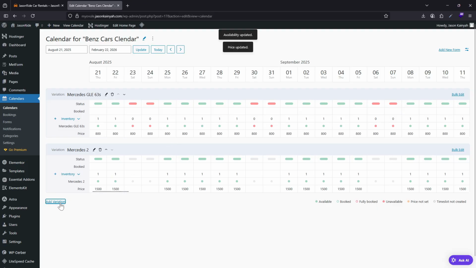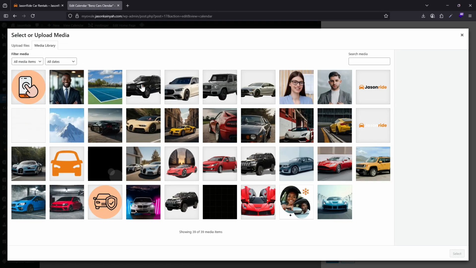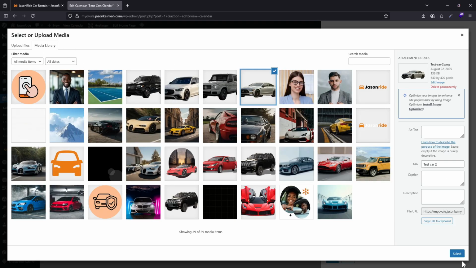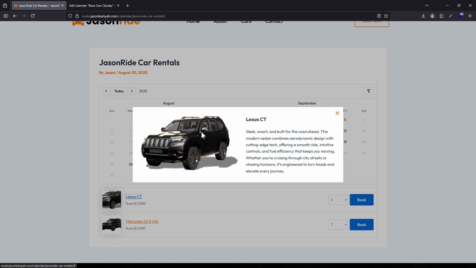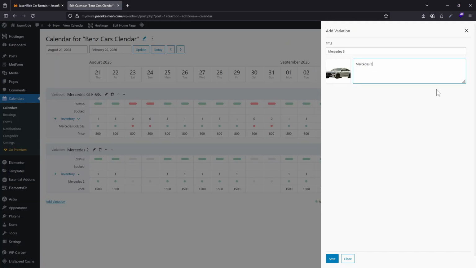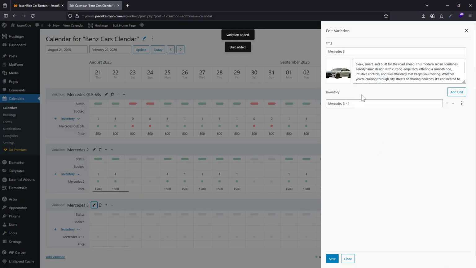Okay, I can even add more. So let's do like 2 more. So I'll name this Mercedes 3. Then I'll click on the image, right? And I want it to be, let's say, this one. Okay, so I'll click on select. I can actually just copy the description and paste it in here. Then I'll click on save. Okay, and then I can click on this to edit it, and I'll just name this Mercedes 3, and I'll